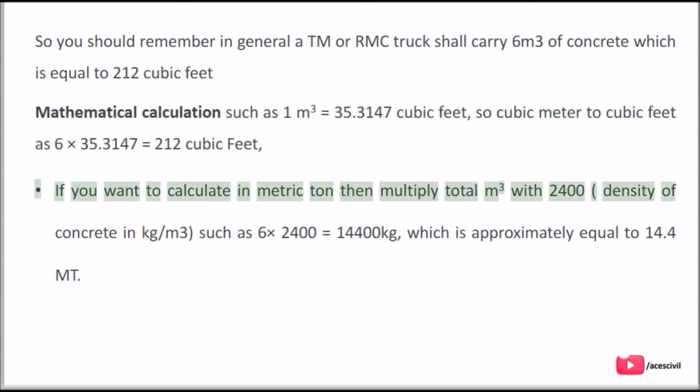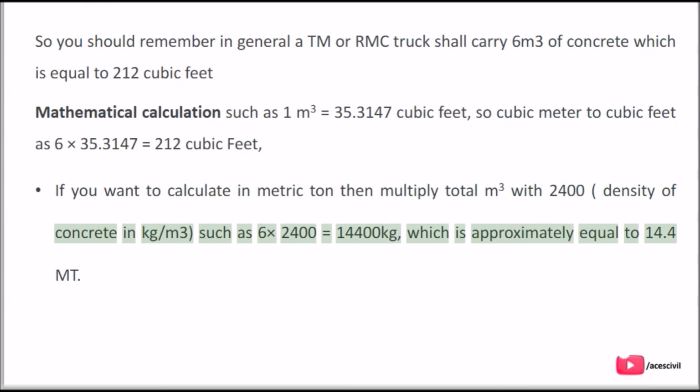If you want to calculate in metric ton, then multiply total M3 with 2400, density of concrete in kg per M3, such as 6 times 2400 equals 14,400 kilograms, which is approximately equal to 14.4